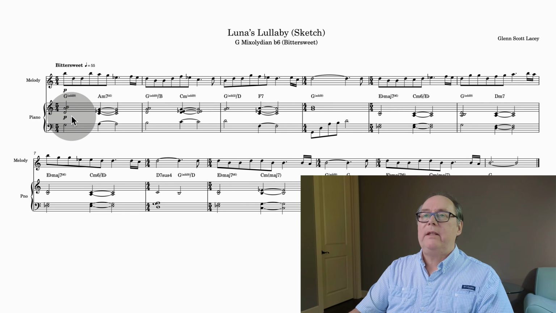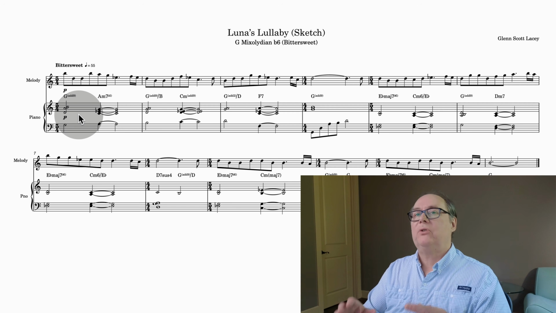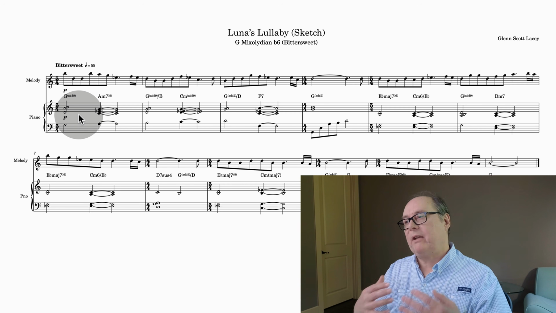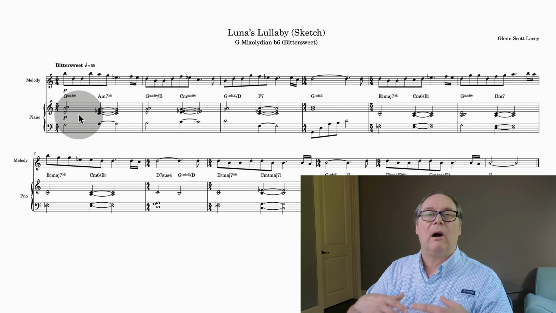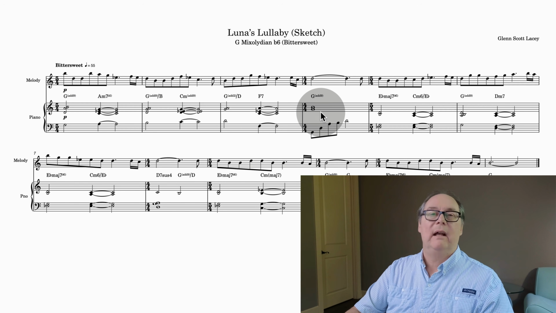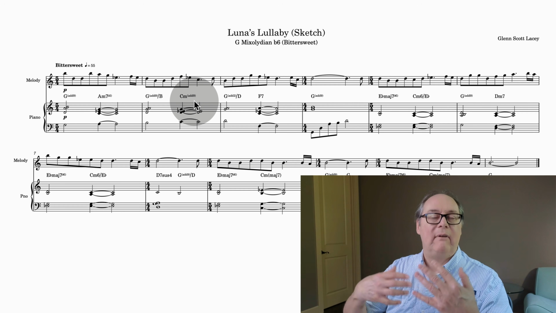For me, these first four measures really have the bittersweet feeling that I want. The story is of a child who's lost her mother, and she's having a memory of her mother, so with that comes love and light, but also the pain of loss. So these major chords are really representing that warmth and that light. And these minor chords like this A minor 7 flat 5 and this C minor add 9 have that feeling